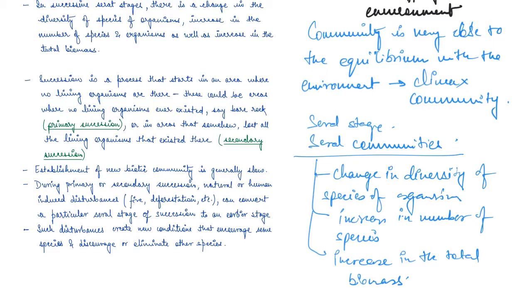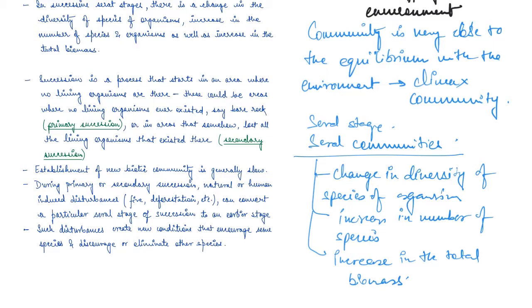So if we talk about secondary succession, it begins in areas where already natural biotic communities have been completely destroyed, like abandoned farmlands or say cut forests. So these are known as secondary succession. Here, since some soil or sediment is present, the succession is faster than primary succession.